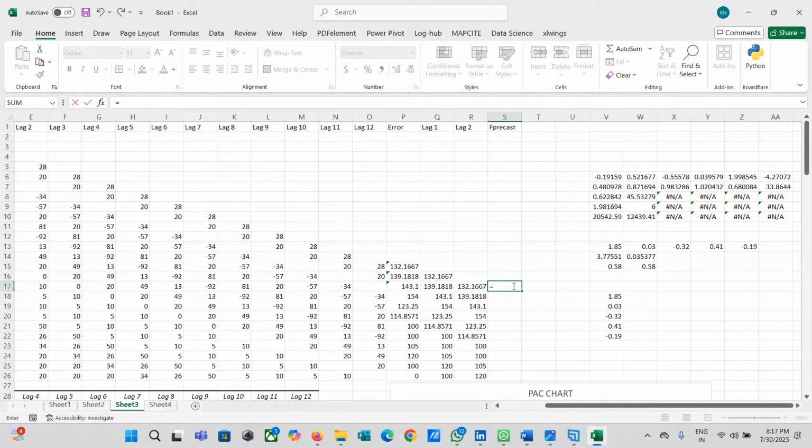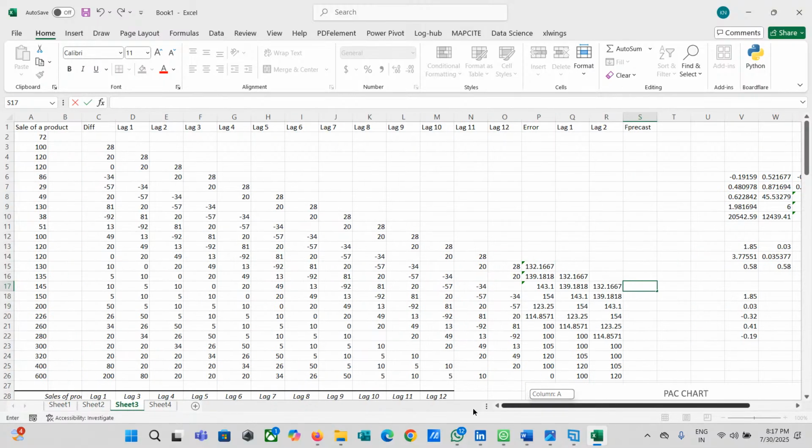The model is YT by YT minus 1, right? That's a model. So we're going to pull our YT minus 1 also inside it. So what is this YT minus 1? 135. So I'm going to use 135. So we are at this point. So I'm going to take 135 plus.